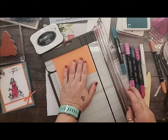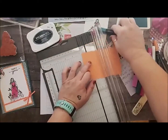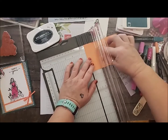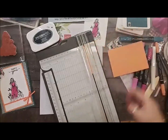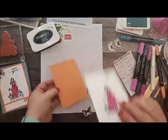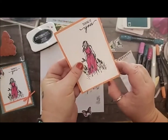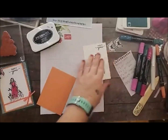I want to cut an 1/8 out, and I love, love, love our new trimmer. It works so good for cutting off little bits. So just like that. Tiny, tiny bit. Super nice. Looks like I need to change my blade. There. Look at that. Oh yeah, that's way better. Awesome, awesome sauce. Okay, then we need to glue this on